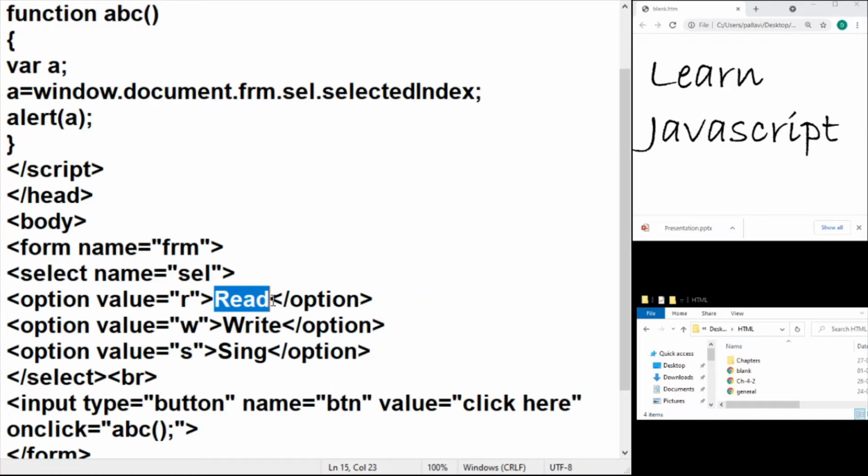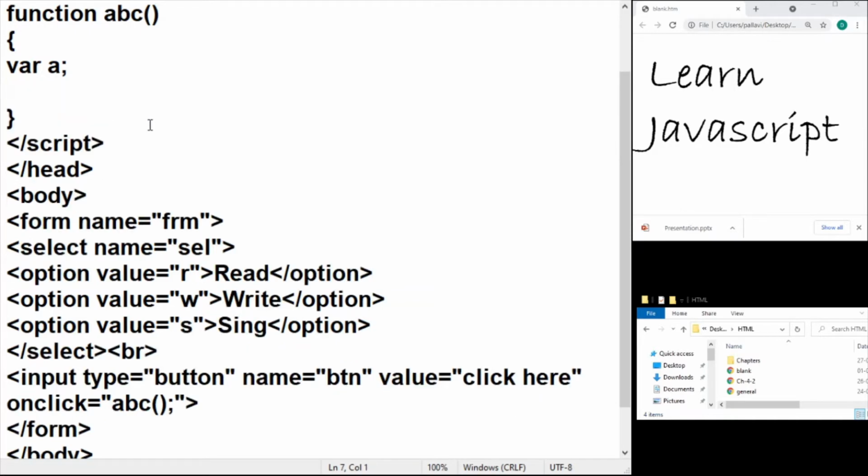So how do we do it? First thing, I'm going to create a variable as usual. Why a variable? Because I want to fetch the text and store it in a variable for temporary reasons, and then I'm going to use that variable and show it to the user. So what would be my syntax? The beginning part of it would remain the same. So far it will remain the same for all the controls that you use from HTML.